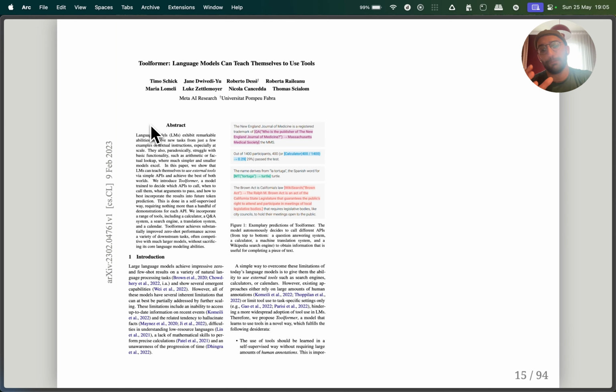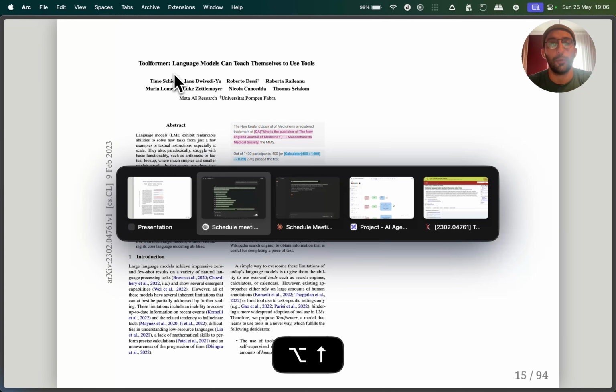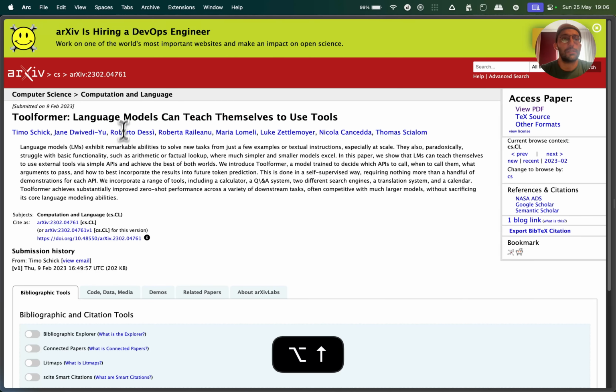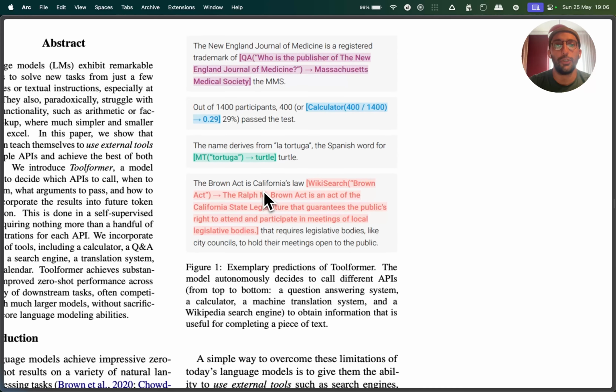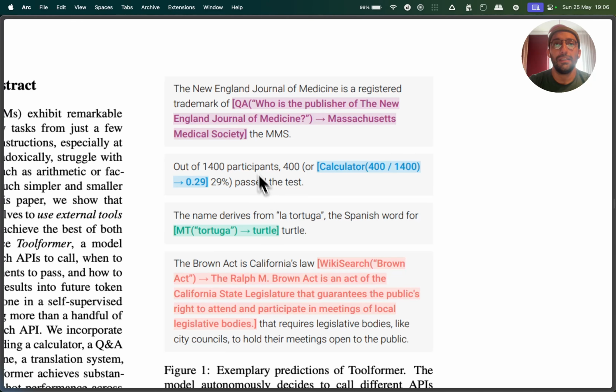And for this innovation, I think one of the most important papers to understand it is called Toolformer, which I have over here. It's called Toolformer: Language Models Can Teach Themselves to Use Tools. A really cool thing that they did in this paper is that they show that you could prompt the model to have an output, which I have highlighted here. This is from their original paper.